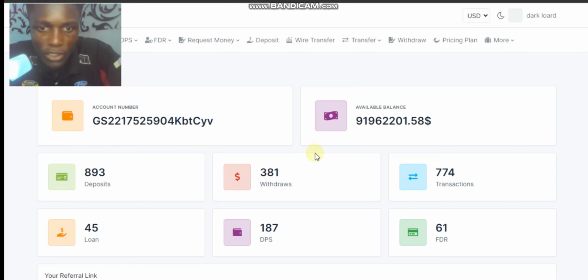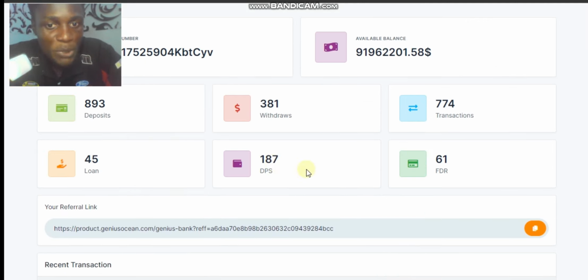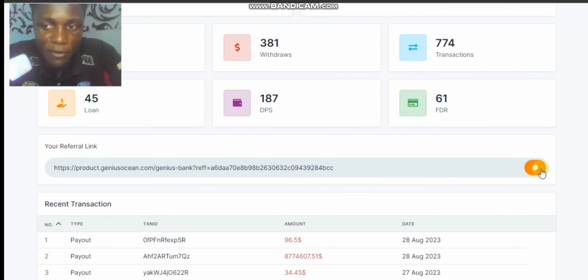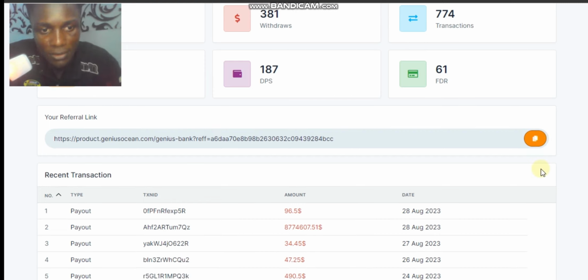These are the total deposits, the withdrawals, the transactions, the total loans, and DPS and FDR. If you are into online banking, you're supposed to know what that acronym stands for. And here's the referral link where users can refer other people to bank with us. It's our online banking platform which we are going to be creating. So first of all, here are the recent transactions. You can see right here that there's $95 out, and